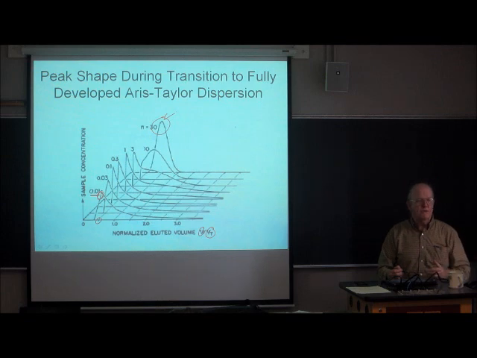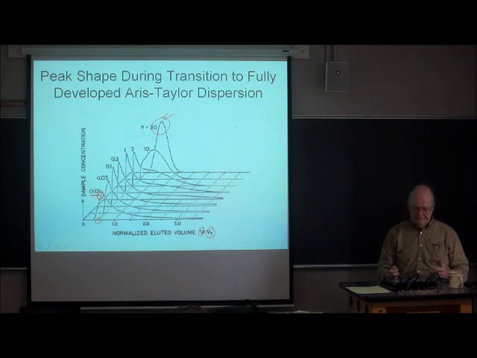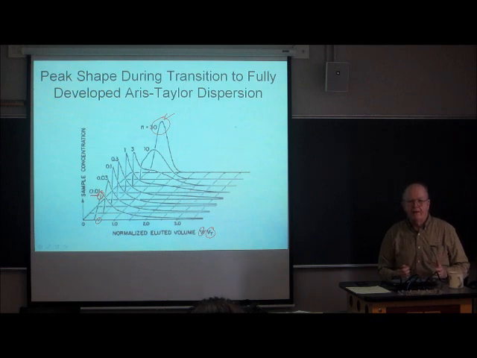even in the case of liquid chromatography, because the tubing you're using is so narrow that an inch could have 200 or 300 theoretical plates in it. The point of this is that it doesn't always work if you have really short tubing, but you'd never use tubing that short anyway. So the approximations that Aris and Taylor made are reasonable approximations,